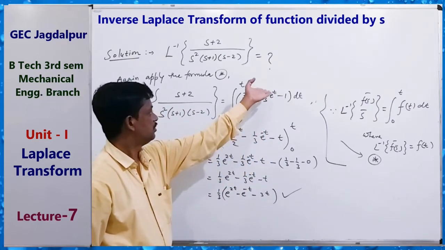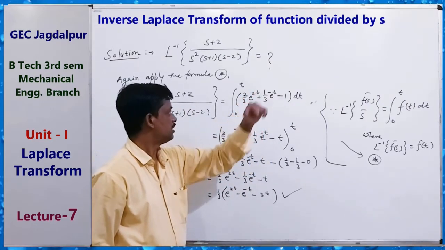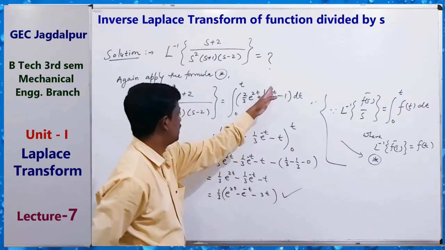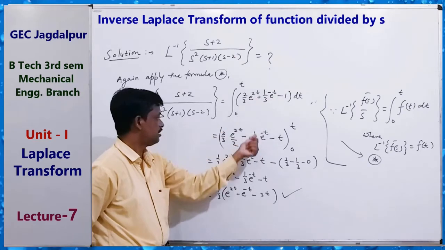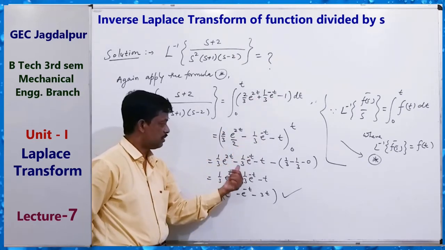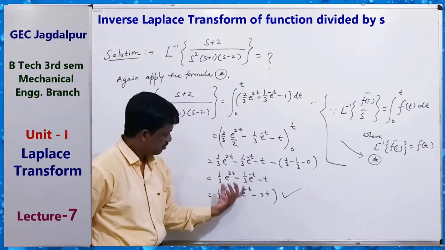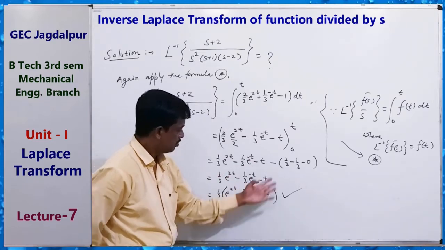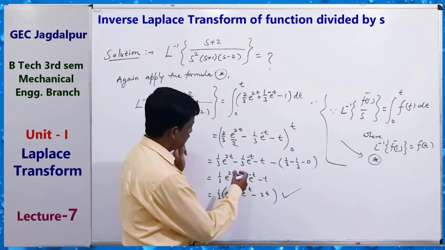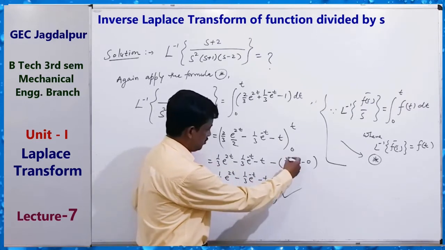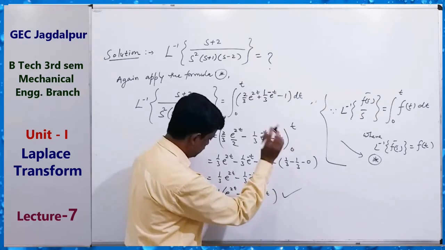So I think there was e to the power minus 3t plus e to the power minus t. So minus t means integrate, the minus sign is there. So minus of 1 by 3 e to the power minus t minus. So this is the value, and for the minus sign, this will finish. So this is our answer.